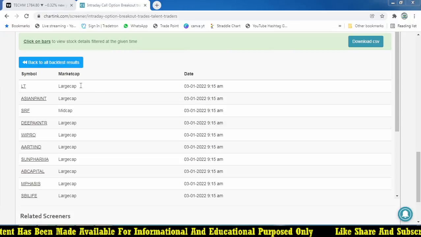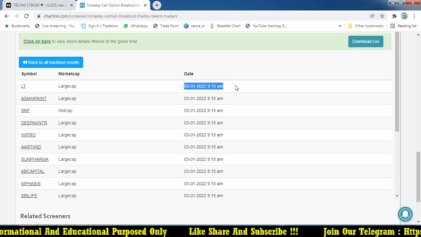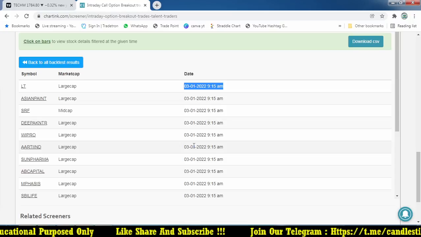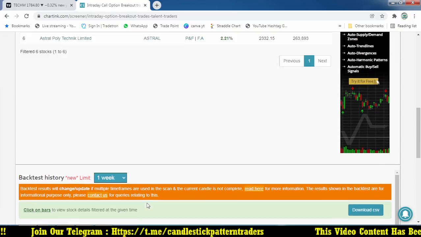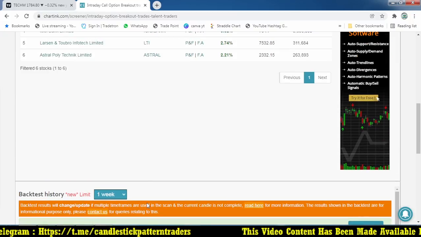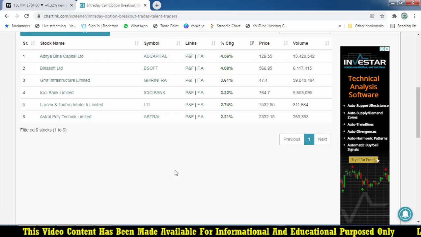Even I was checking that one, we didn't get any stocks earlier around 9:15. But after that we got a lot of stocks, showing around 9:50. That is the main reason why we are getting the stock after it triggers at that point. You got it? If it gives you the alert, it will alert you. At what exact time frame it gives the stock for the first time is what is important, when the stock reaches for the first time. That should be a great idea.